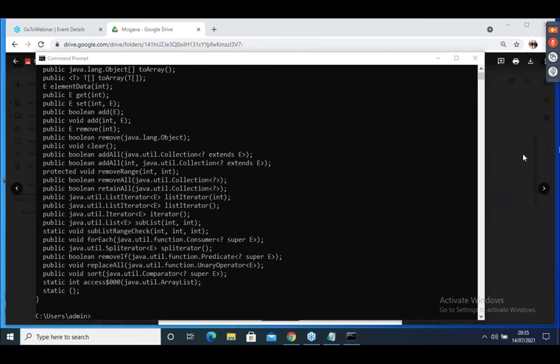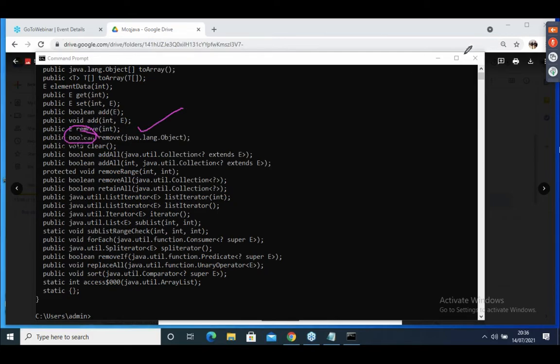Here, what is the remove method return type? Boolean. Observe: if it is successfully removed, it returns true, otherwise it returns false.